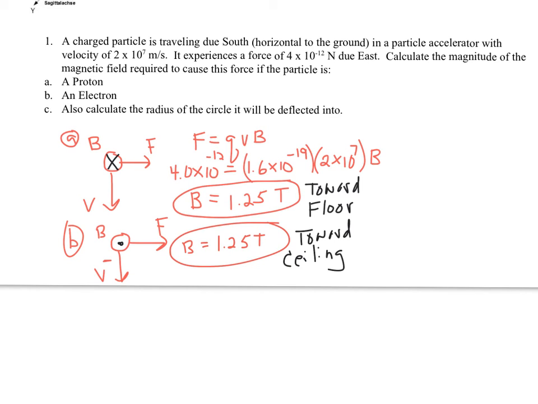Or sky. Part C now, the radius. A little bit trickier. So what magnetic forces do is they deflect charged particles into circular motion. It is a centripetal force. It causes the electron or proton to go into circular motion because it's not pushing from behind or slowing it down from the front. It pushes it from the side and just turns them. So bottom line is in part C,